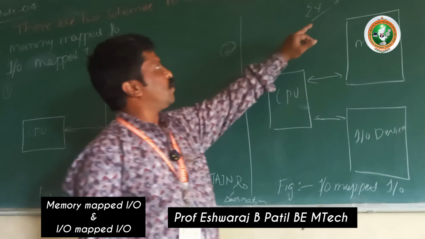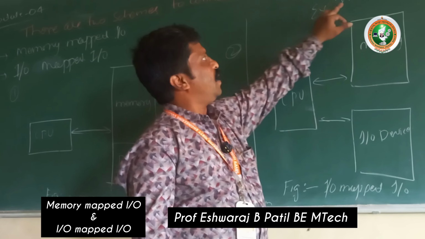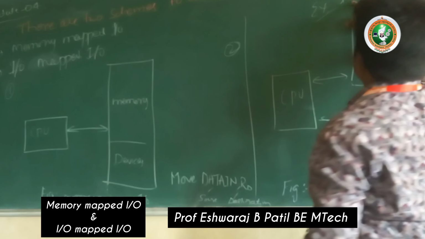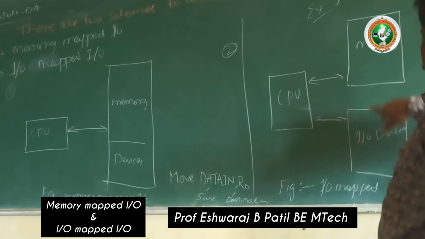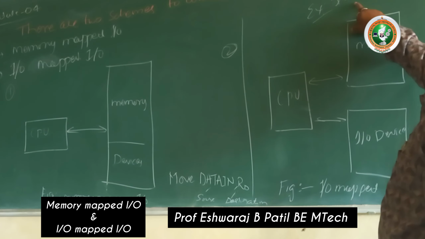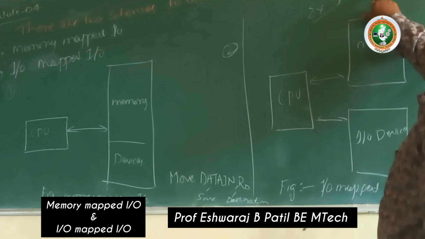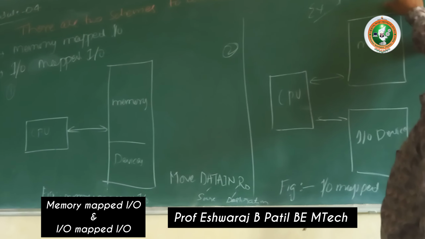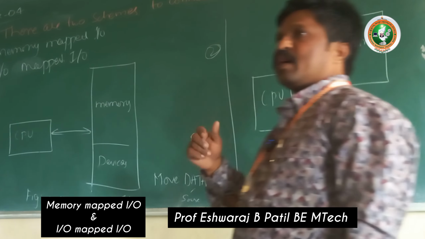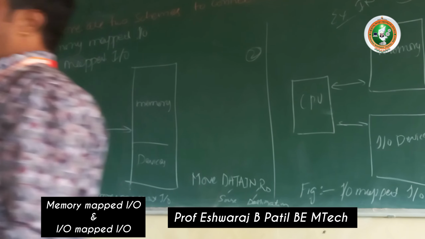For example, if you consider IN AL, DX, here the IN is one of the instructions which is available for the input devices. This will copy the contents of the AL register toward the DX only. It is moving the contents of the AL register to the